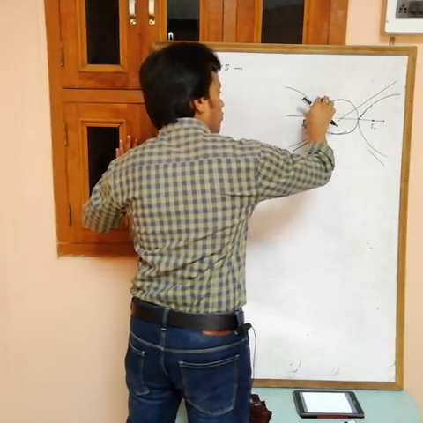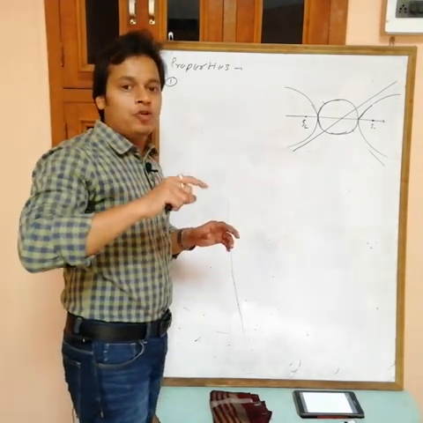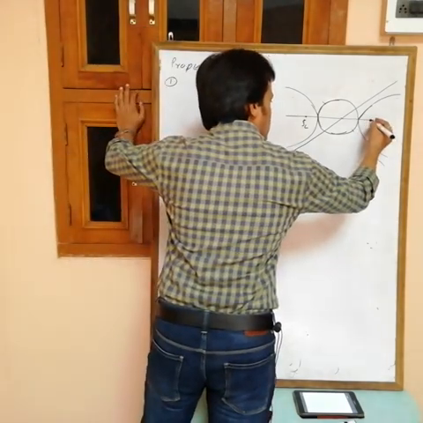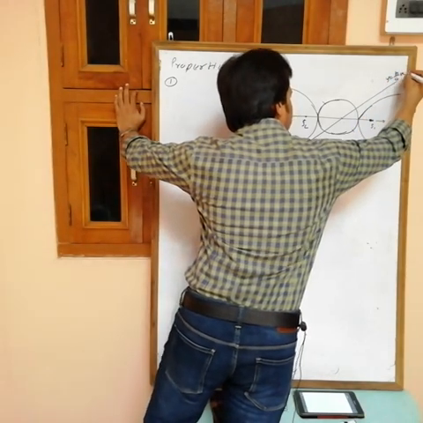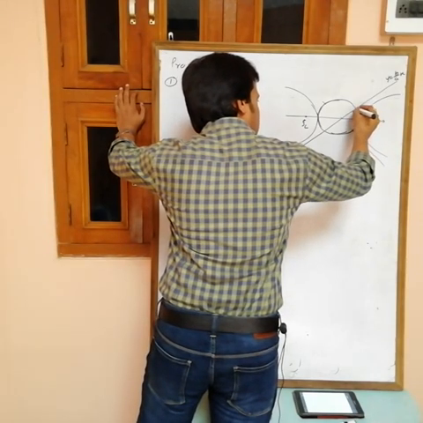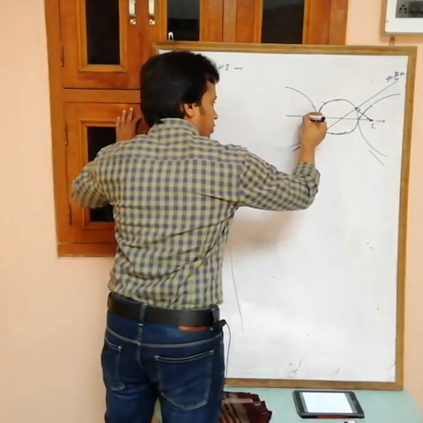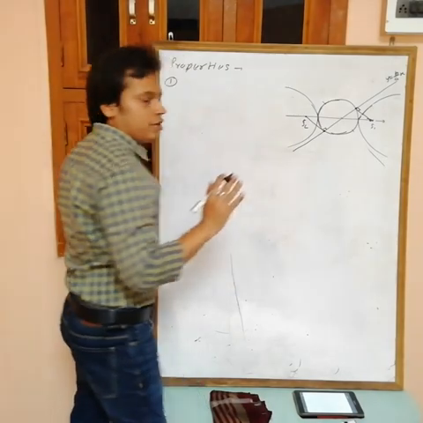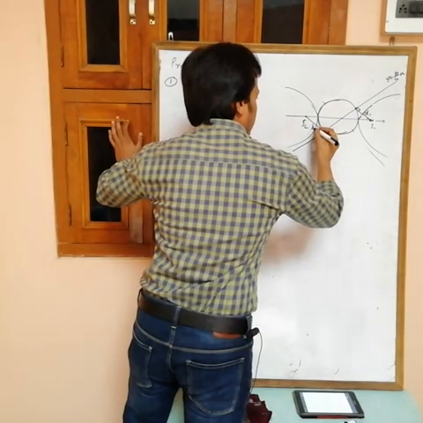If you drop the foot of perpendicular from focus to asymptote, then always that foot of perpendicular lies on the auxiliary circle. It means the foot of perpendicular from focus S1 on this asymptote, y equals b by a x, lies on the auxiliary circle. Similarly, if you draw the foot of perpendicular from S2 on the asymptote, then it will lie on the auxiliary circle. Okay, and suppose this length is d1 and this one is d2.